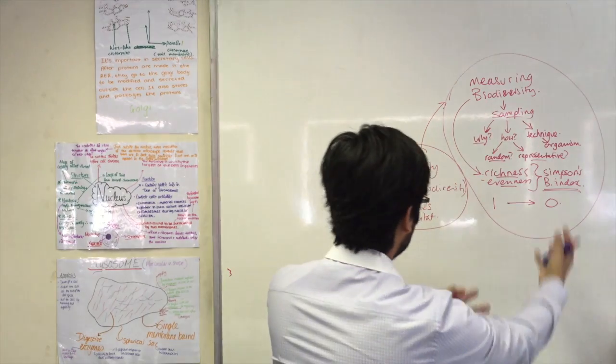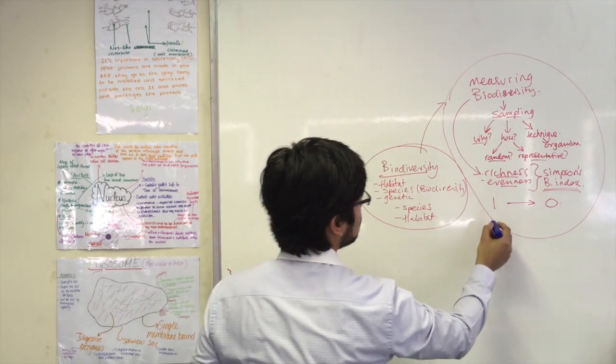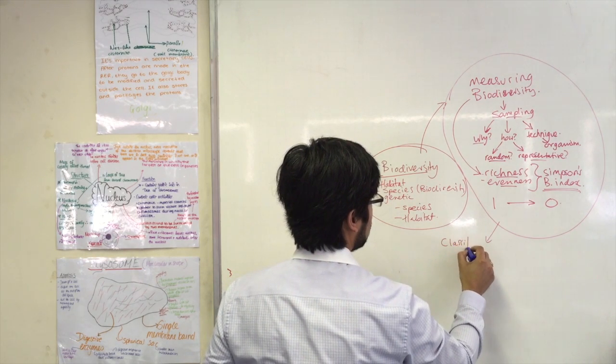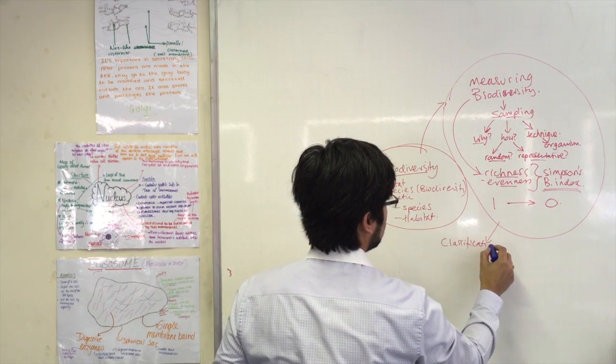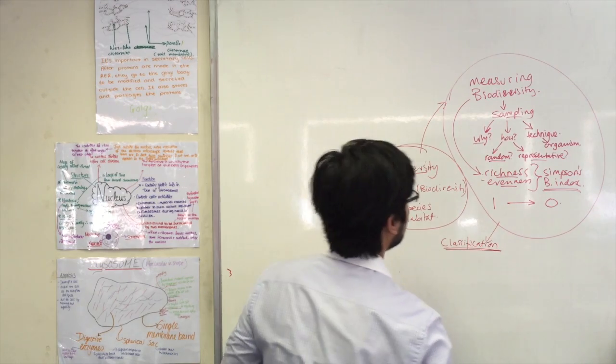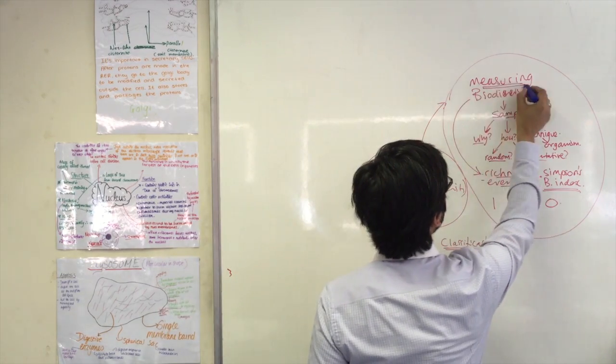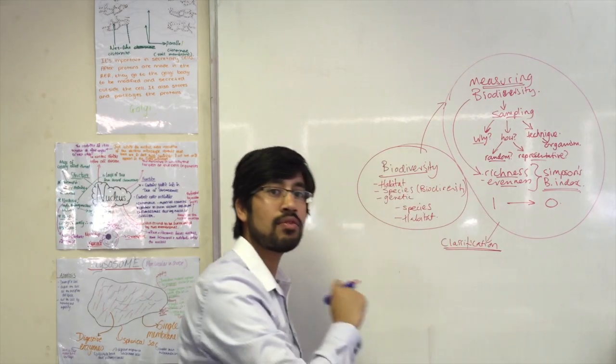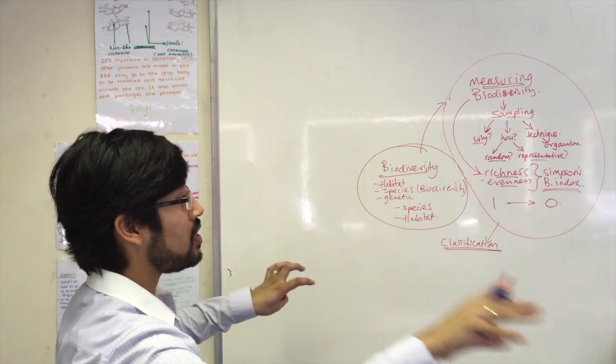So next, what we look at is classification. The first one was measuring biodiversity, and next we make sense of biodiversity by putting it